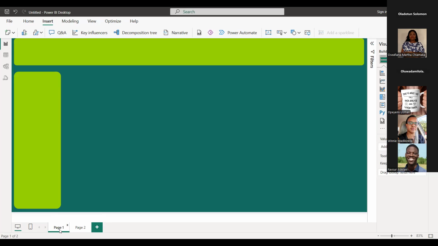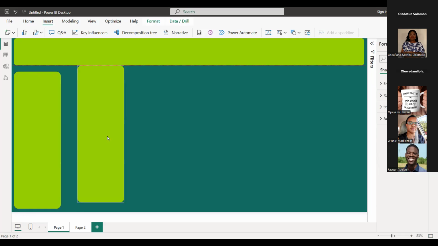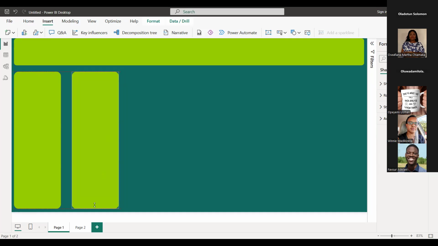Now, from what I said earlier, how many questions do we want to answer on each page? How many questions are we answering on each page? 4. Okay, so that means we should have 4 frames, or should I say 4 backgrounds for each of these. Now, this is what I'm going to do. I'm going to copy this same shape. And then I'm going to adjust it.